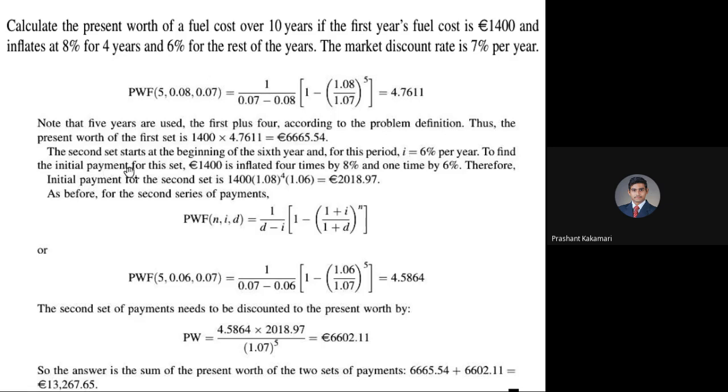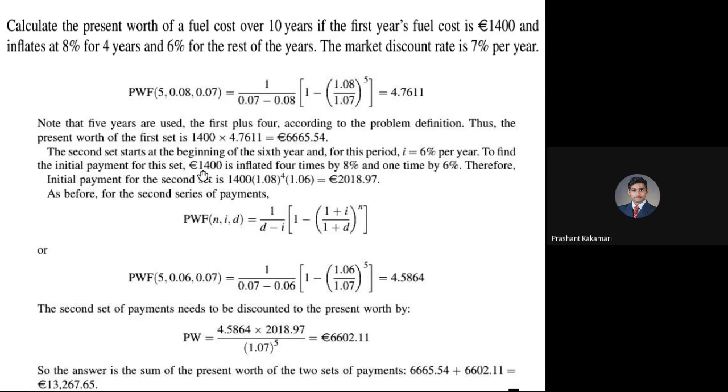So to find the initial payment for this set, that is euros 1400 is inflated 4 times by 8% and 1 time by 6%. Because we need to find out in the earlier stage for 4 years, the first payment was known here, that is 1400. But after the 5th year, what is the amount we are going to continue with inflation of the fuel? That we don't know. So to find that, what they are doing is